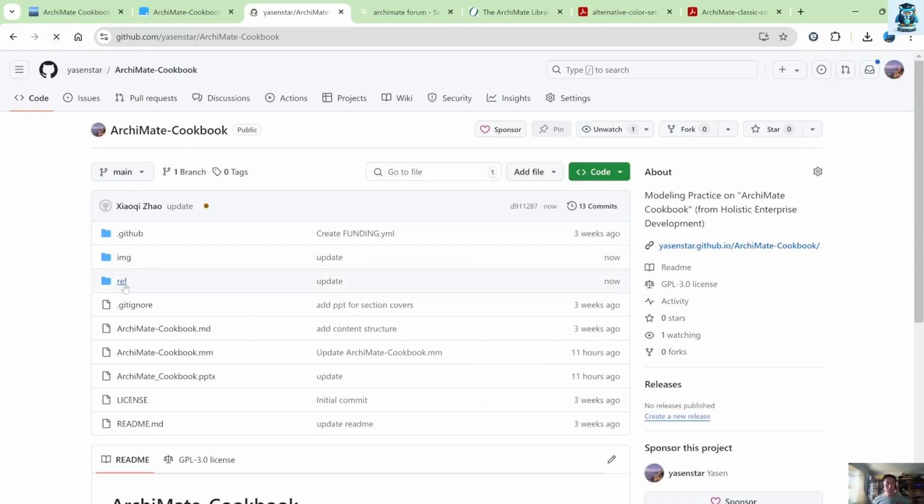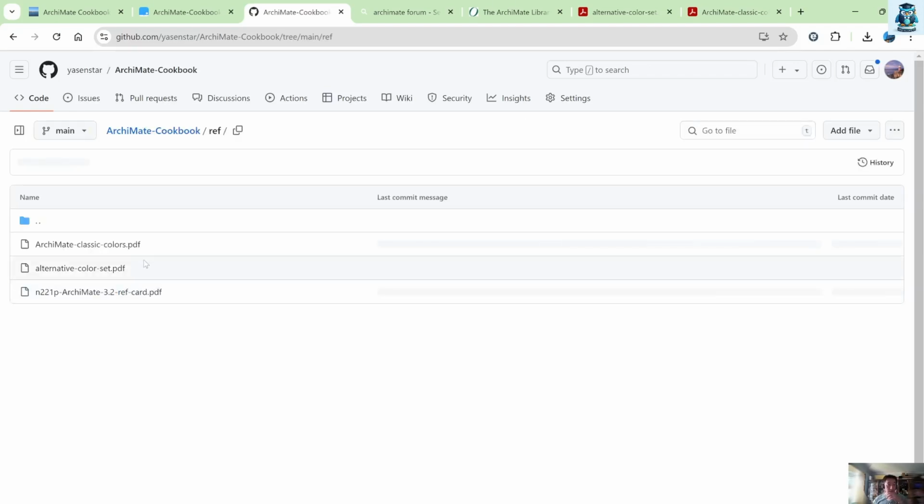So I put our reference in the folder, so you can come to here. Then I put two types of file. One is this latest one, ArchiMate 3.2, already published in late 2023. So that is the ArchiMate 3.2 from the Open Group. You can download this free reference card, and also I put our tool the color palette, which you can